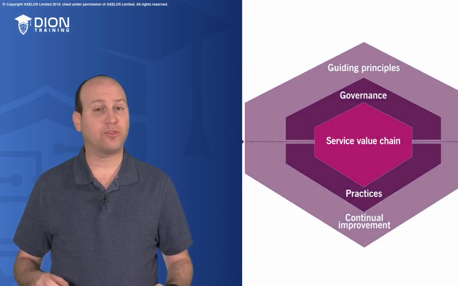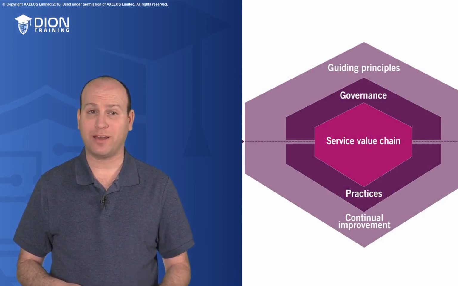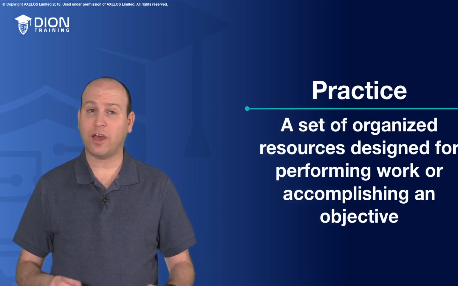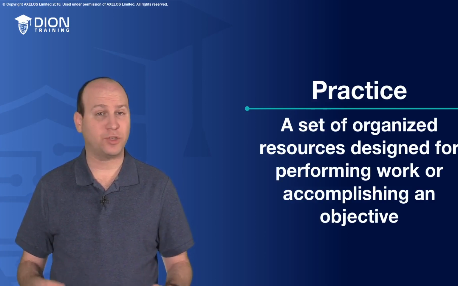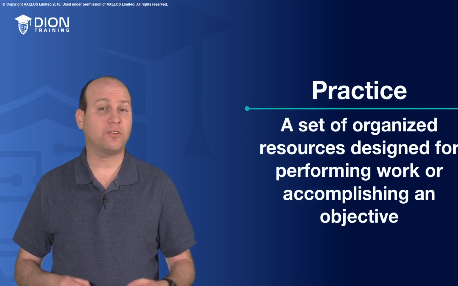You may remember from our service value system lesson that there was a portion of the diagram that called out these practices. Well, a practice is a set of organized resources designed for performing work or accomplishing an objective. Each practice is going to support multiple service value chain activities, and it includes resources based on the 4 dimensions